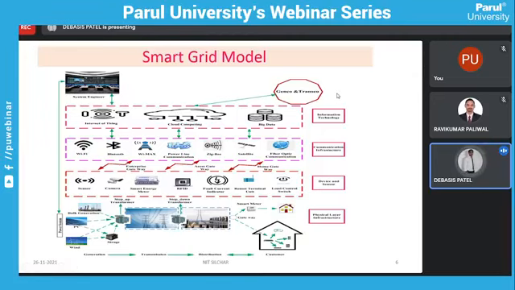As you all know, in our state the electricity board again transports power to many grids, right? As you all know, our Indian grid is divided into five regions: northern region, southern region, eastern region, western region, and north-eastern region, right? Each region is again divided into many states, and the states are again divided into Genco and Transco. So these are all interconnected. Like this, we have to make the smart grid.